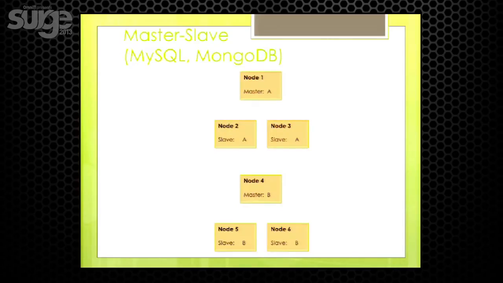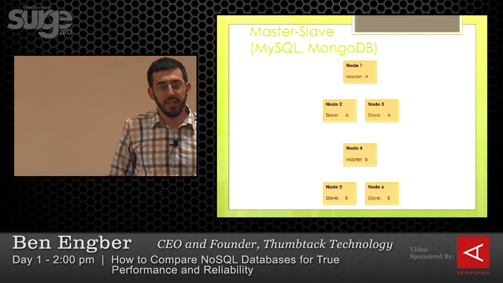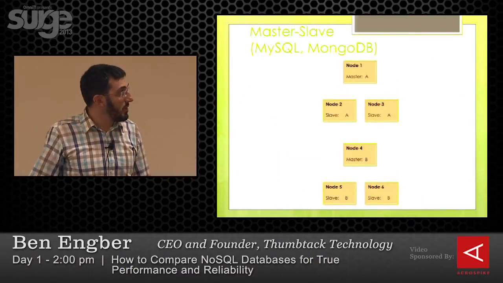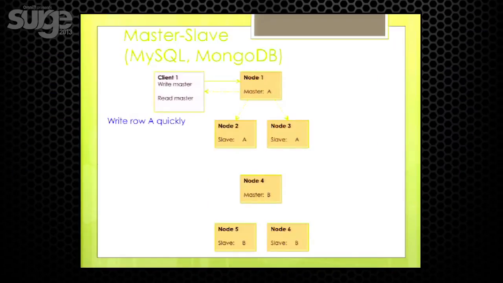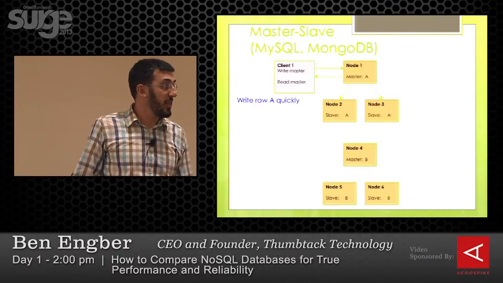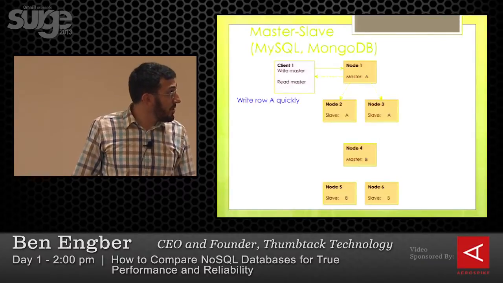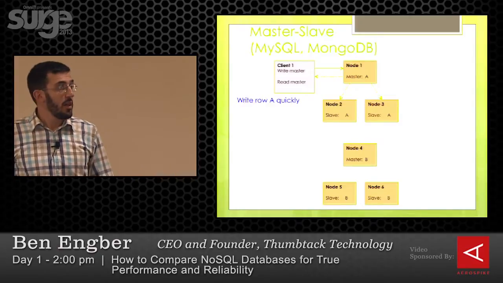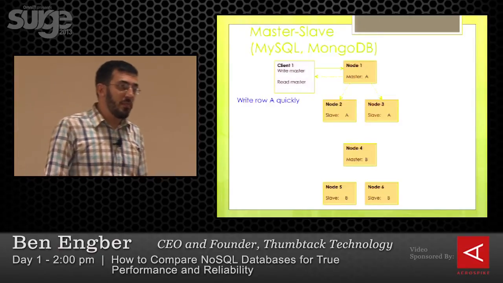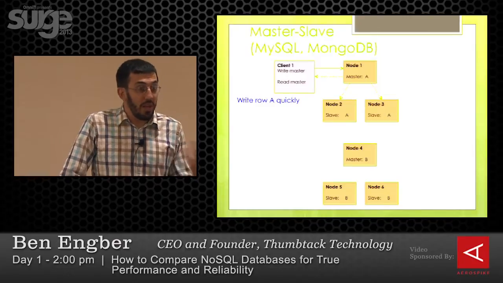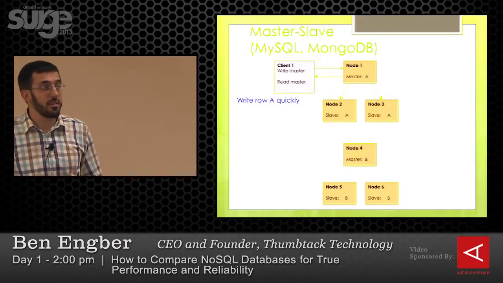So the easiest one of these to describe is master-slave replication. It's easy because it's similar to how most of us work with relational databases all the time. And it's how MongoDB works. At a basic level, all your reads and all your writes are going to a single master node for that shard of data. And the other nodes in the replica set are functioning simply as backups. The write returns as soon as it writes to the master. And since all writes and all reads are going to the master, you're guaranteed to be consistent all the time, even in your fastest level.